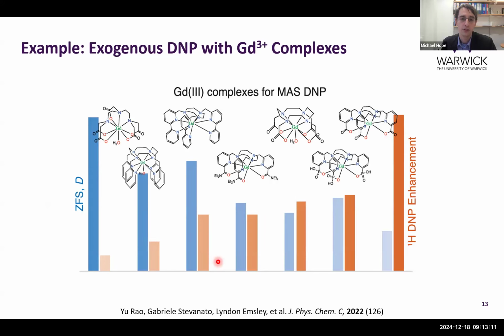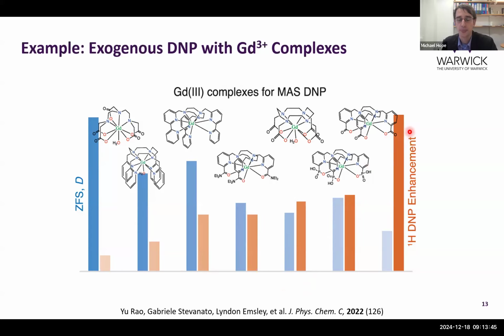So this is an example of this design criteria. This is work from Lyndon Emsley's group at EPFL that was being done by some of my former colleagues when I was in the group. They were looking at organic complexes of gadolinium. These are various complexes that are quite symmetric. What they did was they measured the zero field splitting, which is shown in these blue bars, and they measured the proton DNP enhancement, and you can see that the smaller the zero field splitting, more or less, the larger